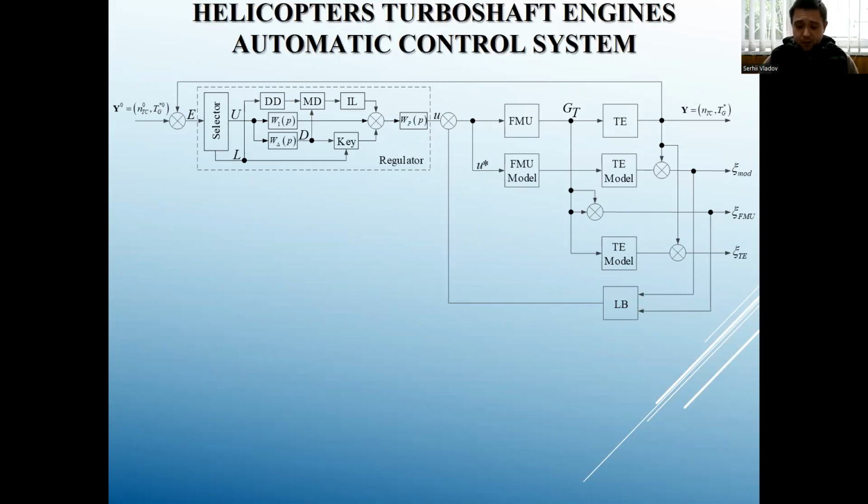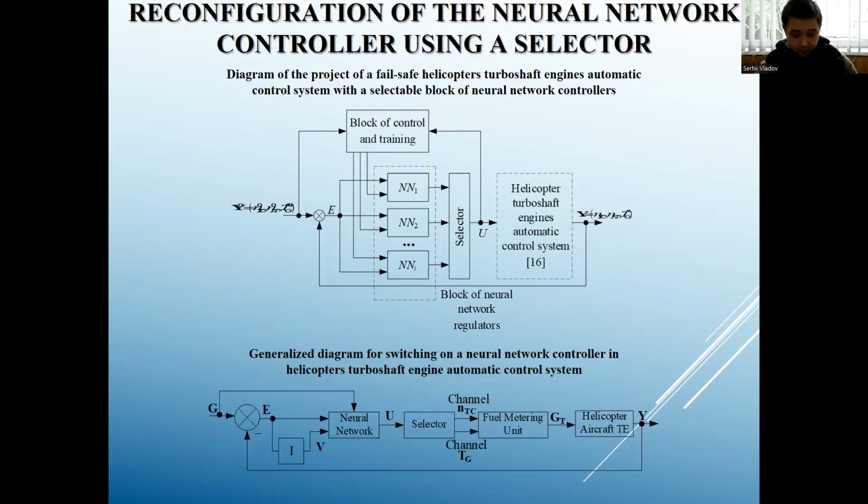The helicopter's turboshaft engine closed on-board automatic control system was developed by this authors' group and is shown in the figure. As an effective way to ensure fault tolerance, you can use the so-called active approach based on the reconfiguration of the neural network controller using a selector in case of an emergency situation in the operation of the automatic control systems. The bottom figure shows a